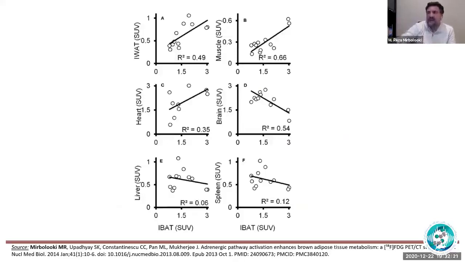So here you can see there was also a strong correlation between the SUV of the IBAT and the SUV of the white adipose tissue around that IBAT, with an R squared of about 0.5. This also shows that when you activate brown fat, it's not just the brown fat, it's going to